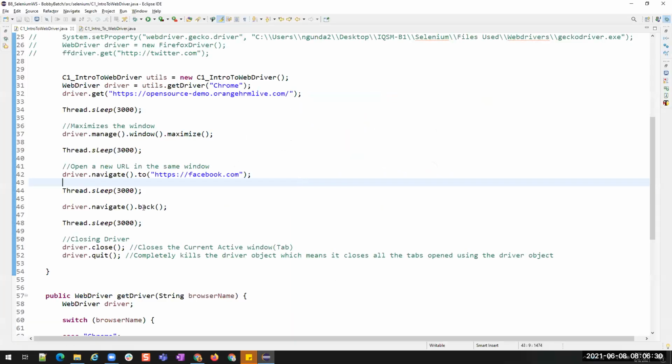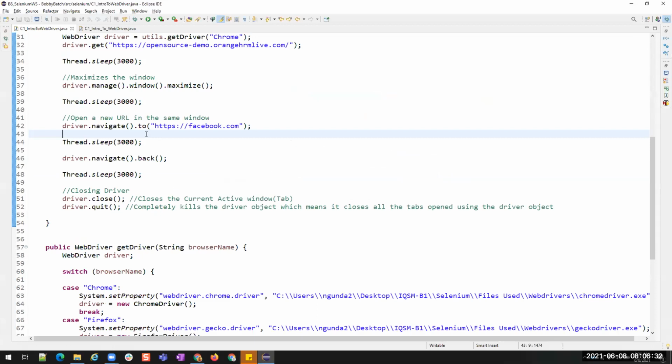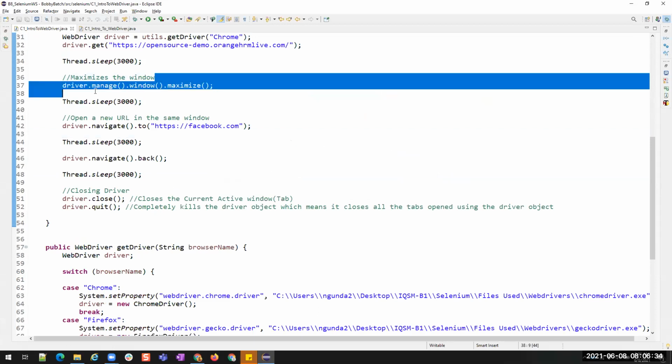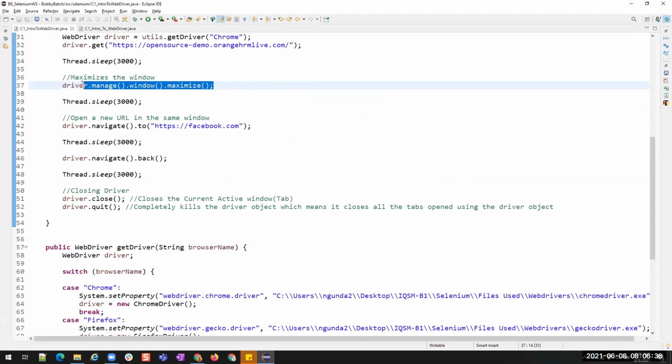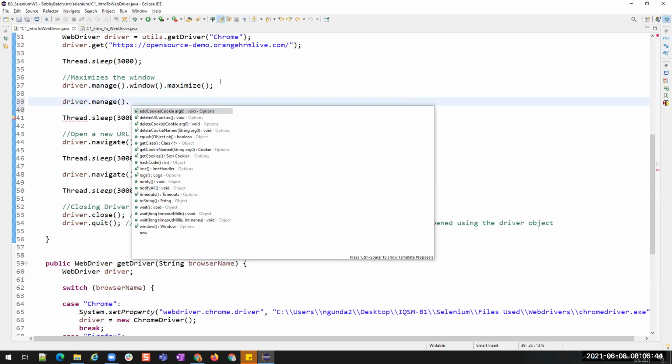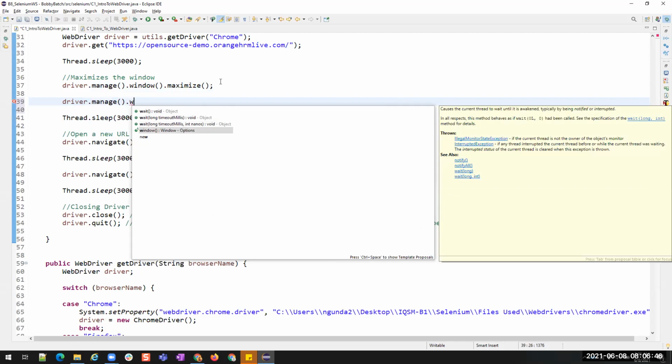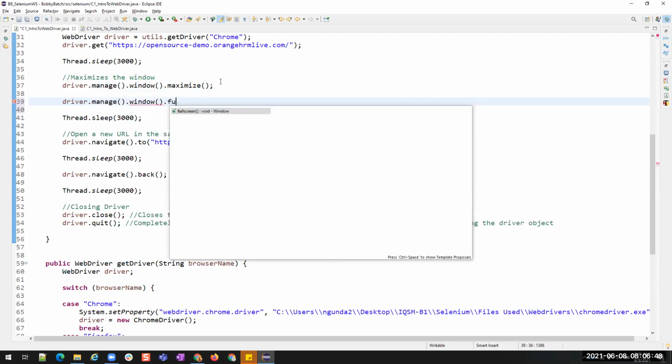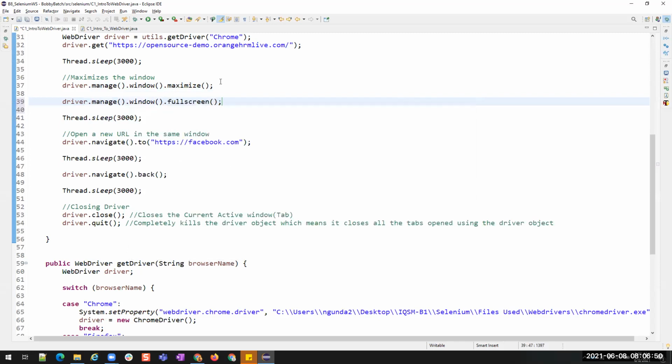So here we have maximized this. But if you want to open in full screen mode, you can also do that with driver.manage().window().fullscreen().